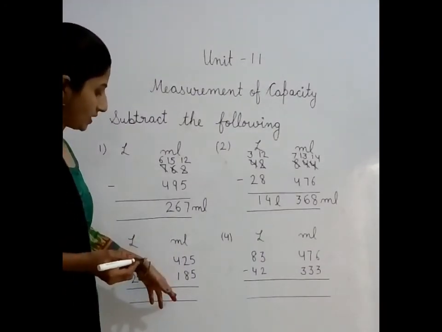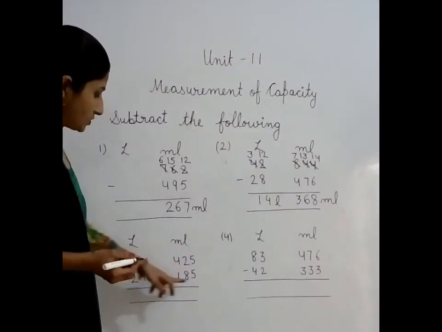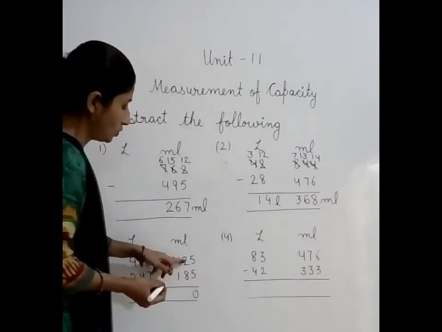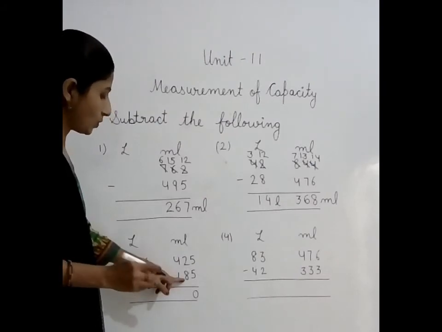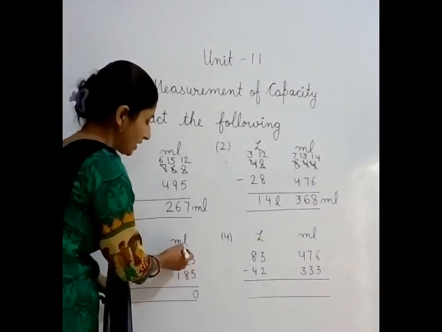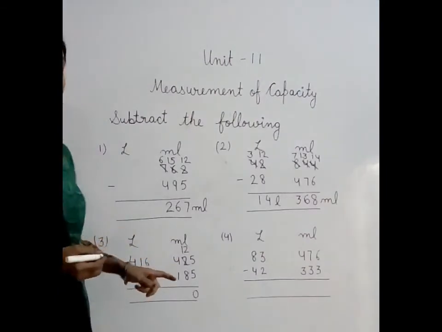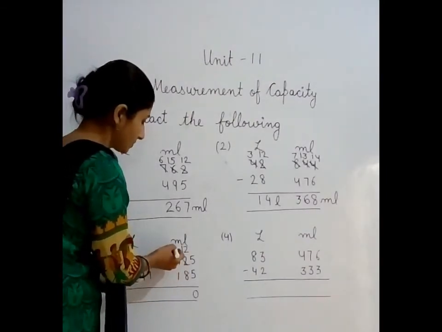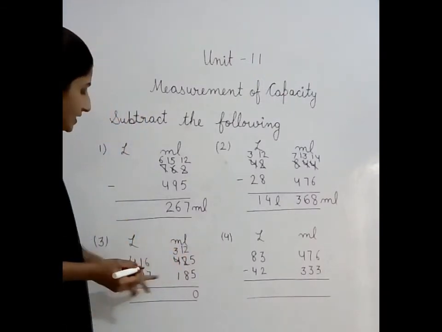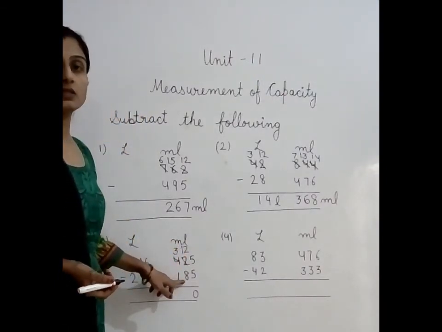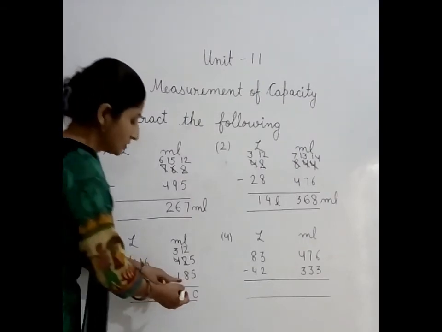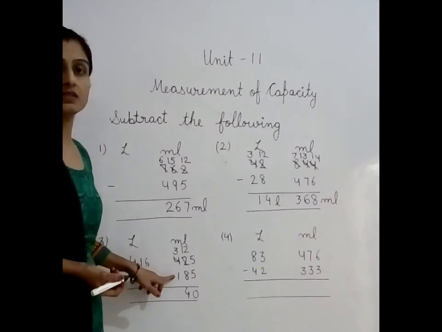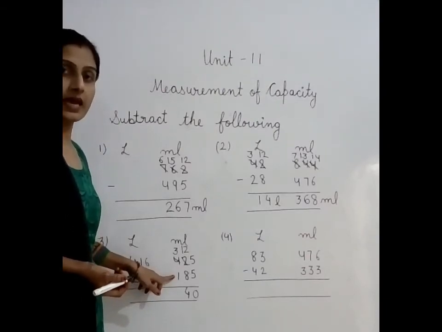See the next one. Start subtraction from the milliliter side. 5 minus 5. 5 minus 5 is 0. Now 2 minus 8. Not possible. Taking borrow. Right here 12. And here is how much left? Yes, 3. 12 minus 8 is how much? 12 minus 8 is 4. And 3 minus 1 is? Give me the answer. Yes, 2.